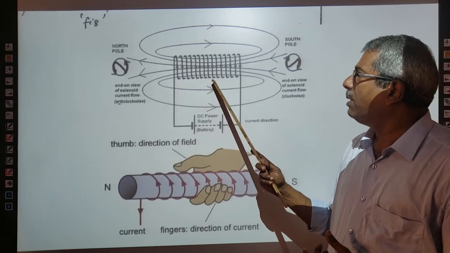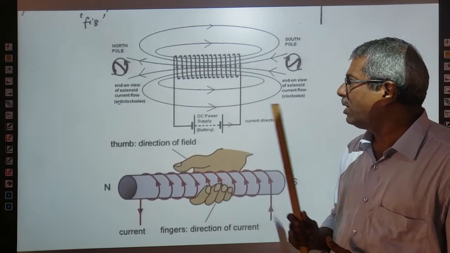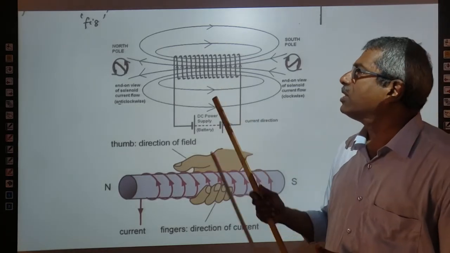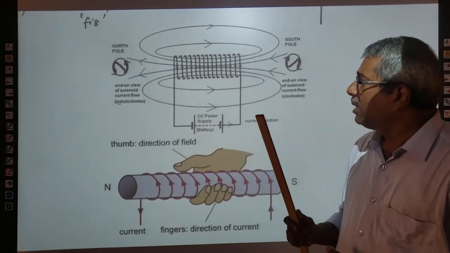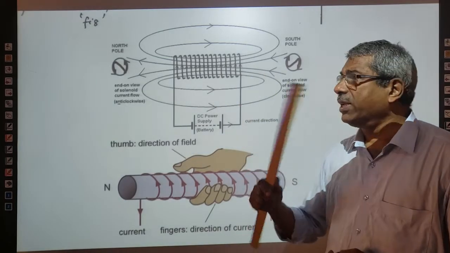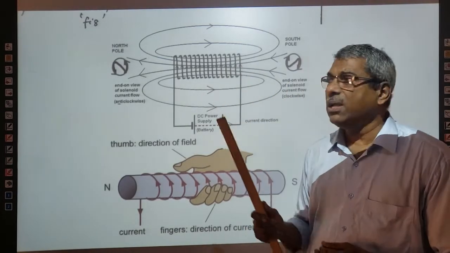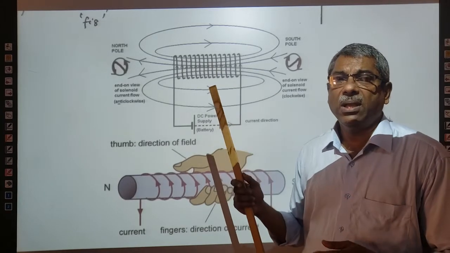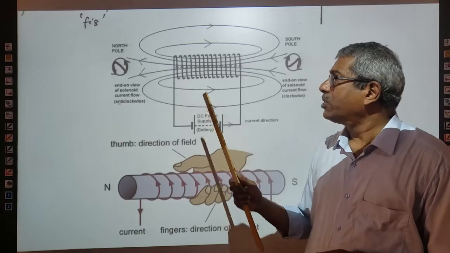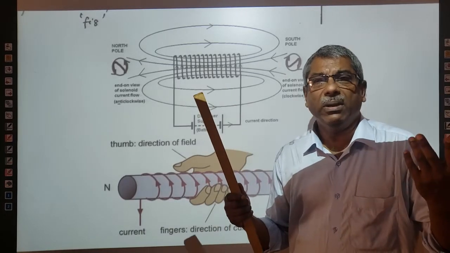This diagram is also important. The lines of force diagram for a solenoid is also important. You have to draw this and practice it, right? Now we can calculate the intensity of magnetic field inside a solenoid. I told you that the magnetic field is maximum only inside the solenoid. Outside it is negligibly small.